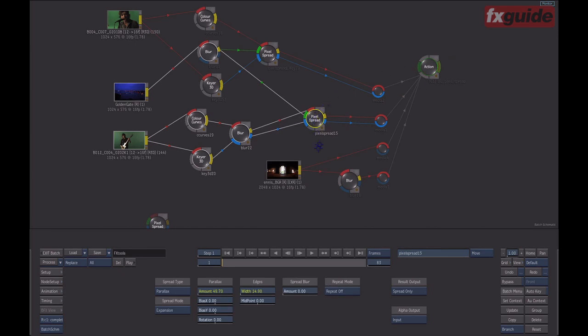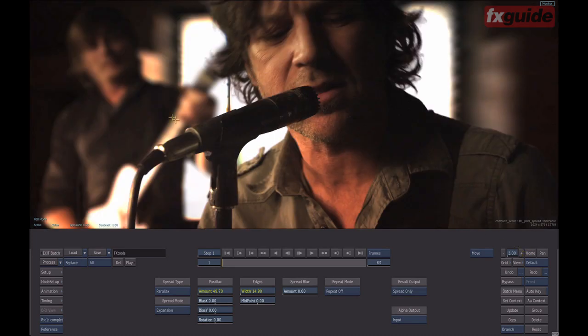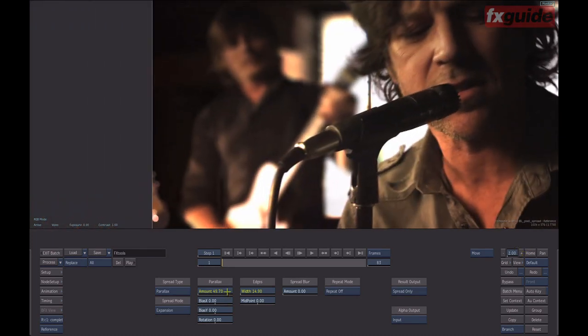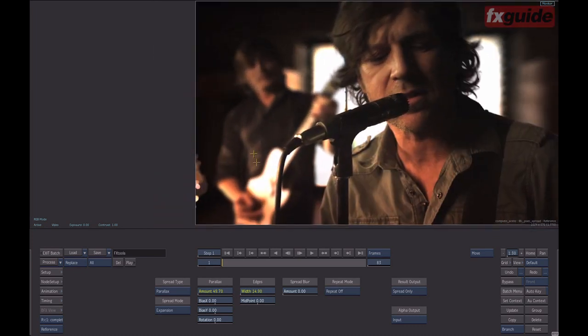So if I take a look at my result inside of Action and see the effect of the pixel spread, you will see that if you look at the edges here of the green screen, if I were to remove any of the pixel spread effects, I have quite significant edge artifacts, and if I bring them back here, they kind of go away. So again, it's a very powerful tool to solve some keying problems. And in this context, I actually have pixel spread being applied to both my foreground layer and my background layer